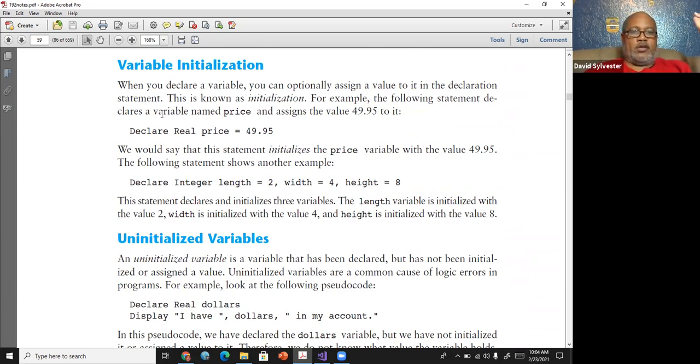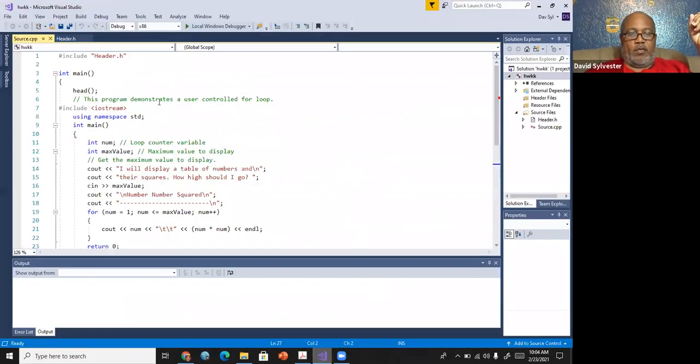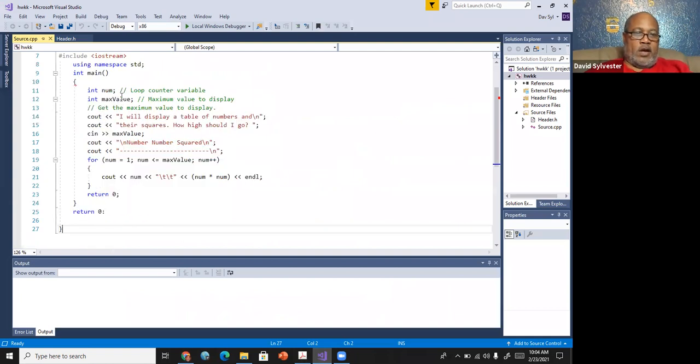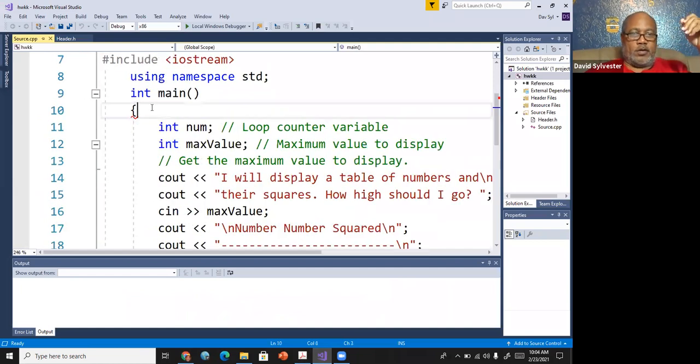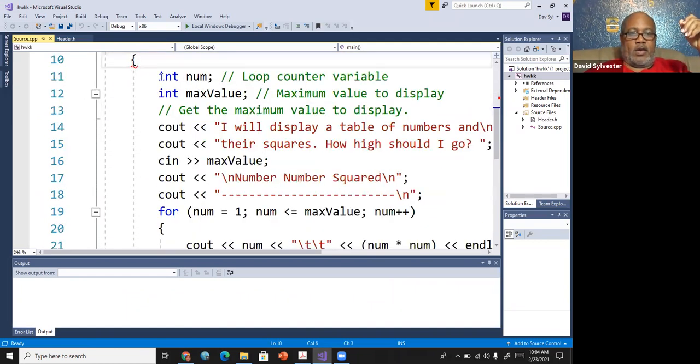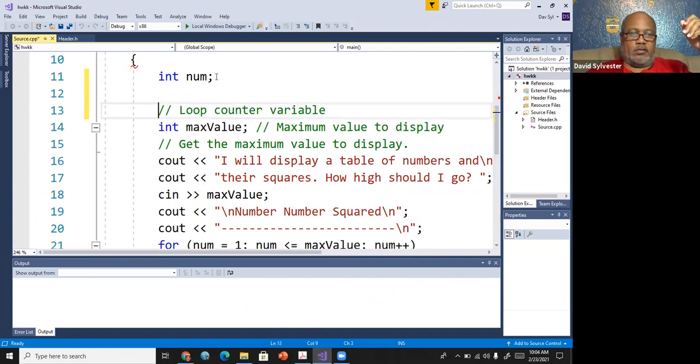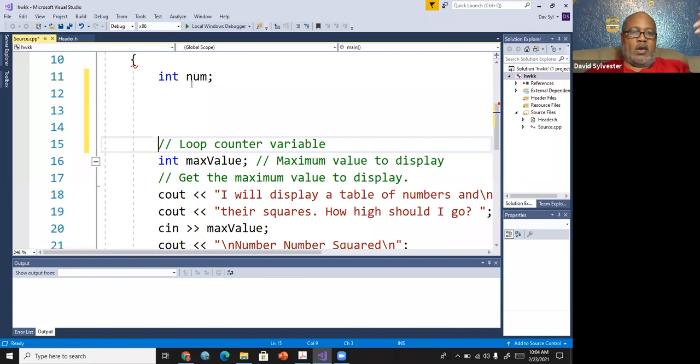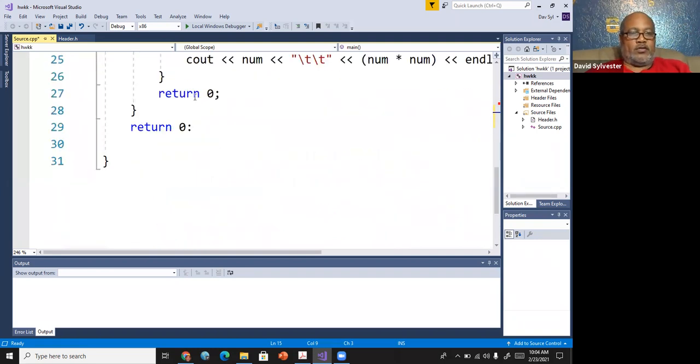Variables. So, initializing a variable, initialization. When we declare a variable, we're just giving it a data type. When we initialize a variable, we're giving it a data type and a value. And that was something that we went over last time. Give an example here. If we have this statement here, int num, this is just a comment. I'll just move this down. Int num, that's declaring that num is of integer. That's all that's saying.